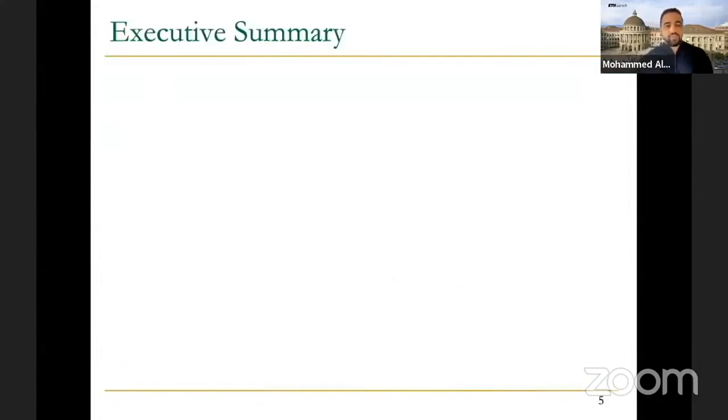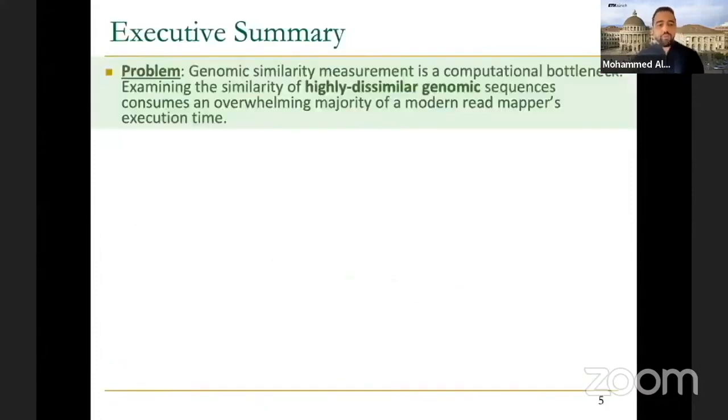Okay, so what is the executive summary? The problem is that genomic similarity measurement is a computational bottleneck, so it's really expensive. We would like to solve this expensive problem. The challenge is that we cannot replace this expensive algorithm with something inexpensive, but rather we can reduce the number of times we use